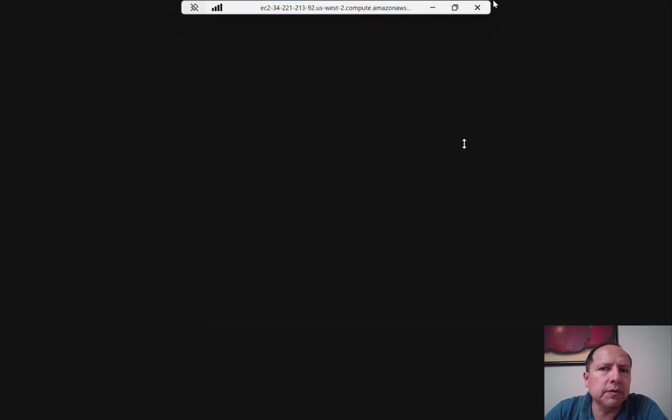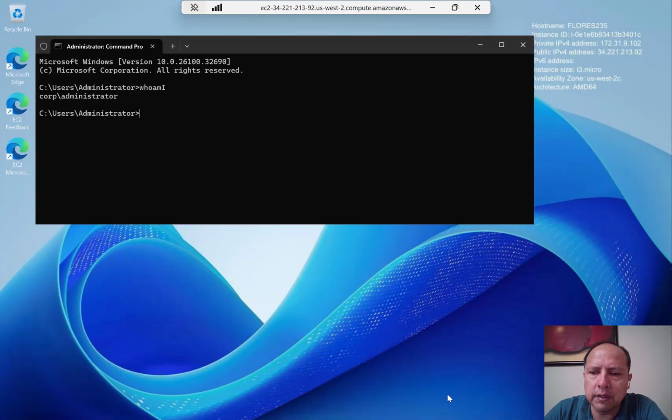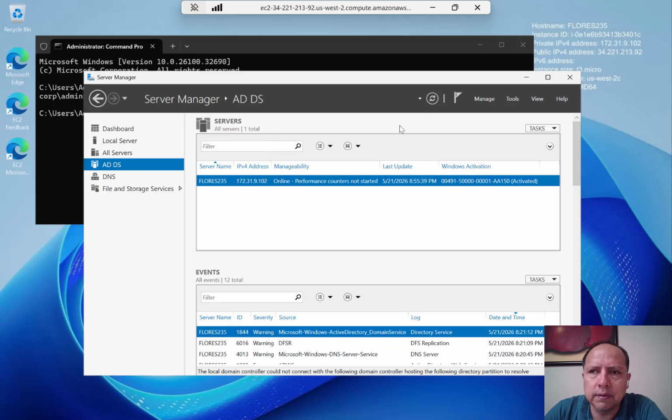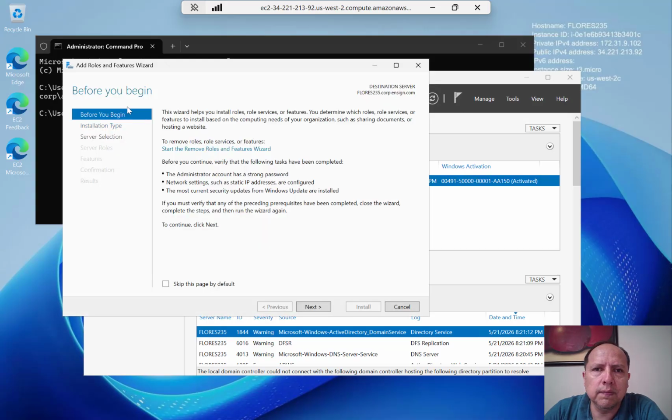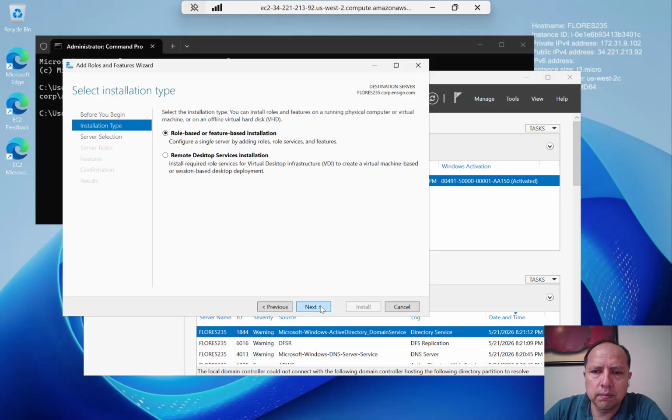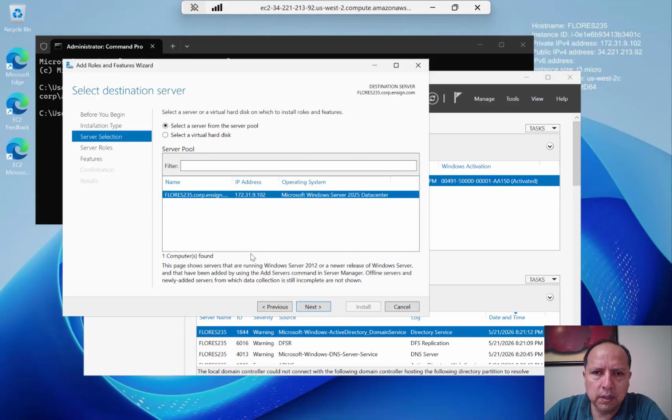First, we will demonstrate that the Active Directory is installed in this server by going to manage, other role and features. Here,